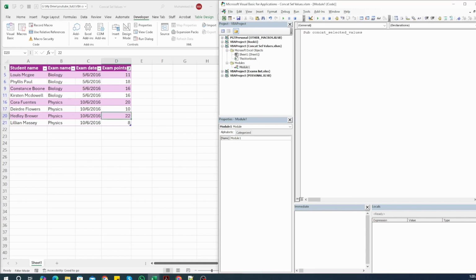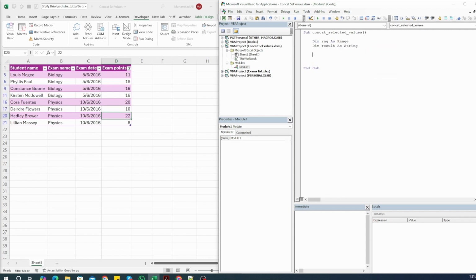And as soon as you press enter, you will see round parentheses and End Sub, which means everything till now is working great. Next, we will declare our first variable that will be a range that will store our selection. So let's declare a new variable. Let's call it rng as Range, and we will declare another variable that will store our result. So let's declare result as String.